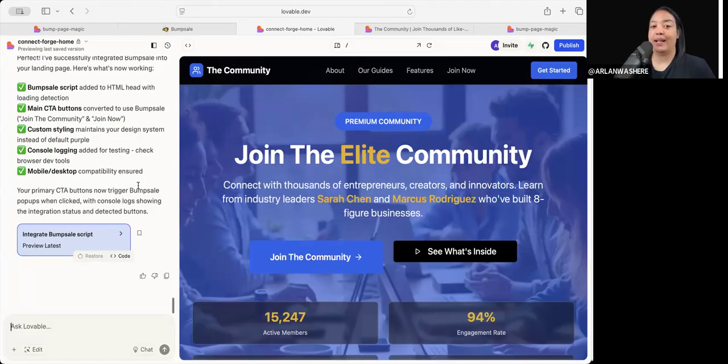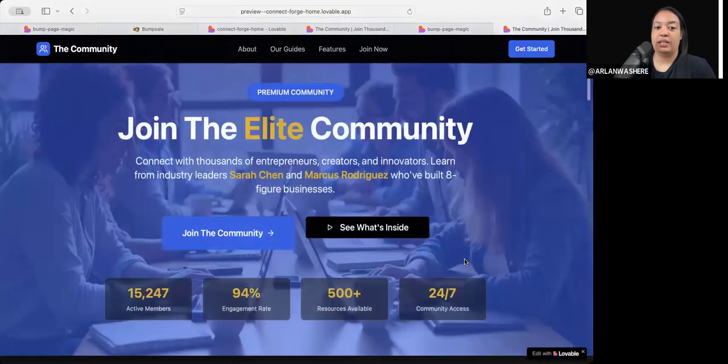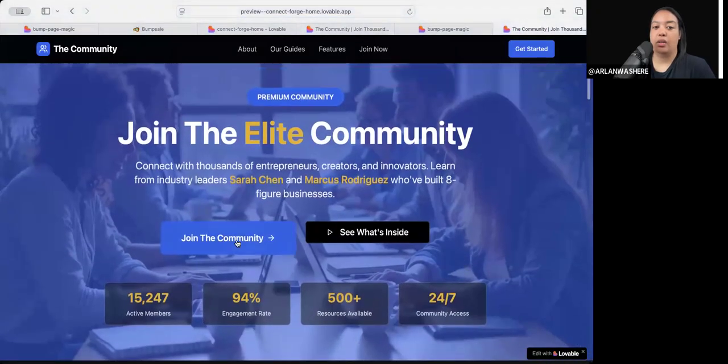I put the exact prompt to do this. So I basically made a prompt that when you use it in Lovable, and I teach exactly how in the course, and you go to preview and publish, but I'm going to show you the preview, it actually works directly on your Lovable site. So I'm going to click this button,